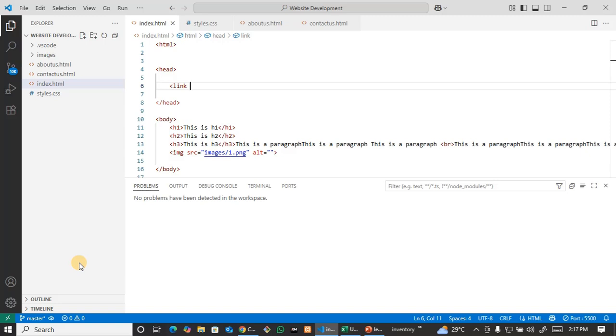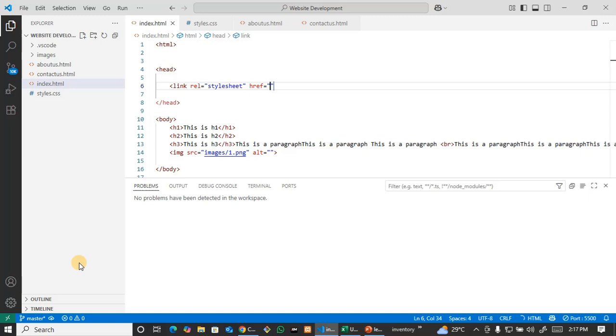So the tag is link, but we are going to need another attribute called rel. Rel will tell the browser that we are making use of style sheets, so the browser will understand that we are not writing HTML here, though we are writing style sheet language. Then the second attribute will be the href that will tell the browser the location of our file,